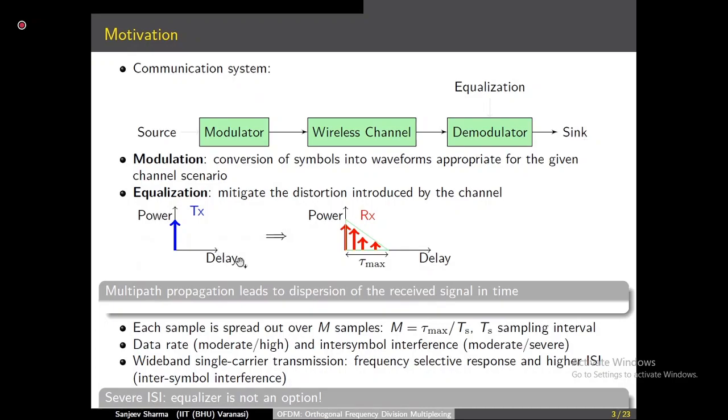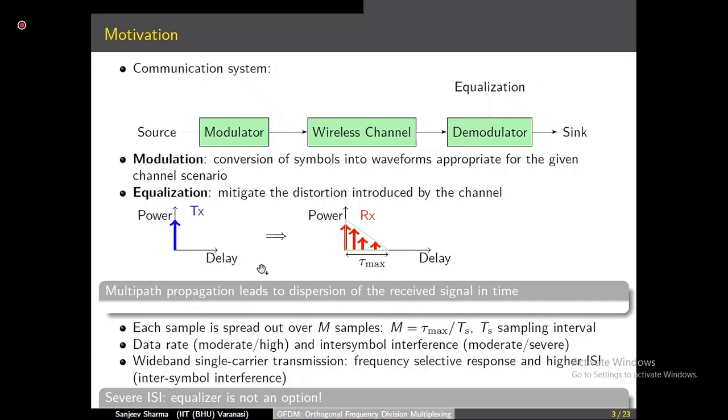So that is the dispersion. You can see that at the transmitter we are just sending one pulse, the blue pulse, then this is just a delay. You can see that it is spread, corresponding to this single pulse, we have multiple pulses at different time instants. So that is a delay 0 to tau max. Here you can think the duration of the transmitted pulse is 0, very narrow, but it spreads out as tau max. So spreading happens in the time domain. This spreading results in intersymbol interference between two adjacent symbols.